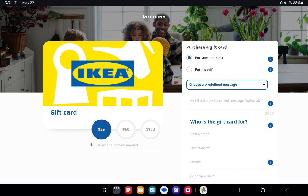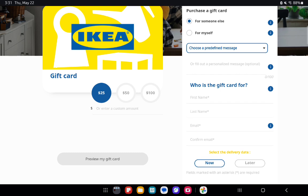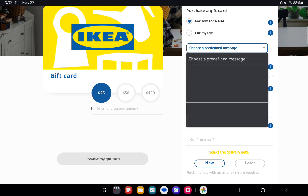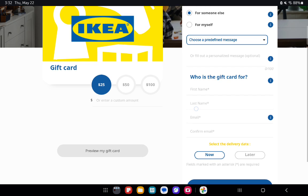or for yourself. You can just do that, and after that you can also choose a predefined message if you're selecting it for somebody else. You can just fill it out yourself as well. You don't need to necessarily choose it because, like you can see right now, I can't really choose anything for some reason. So in that case you can just write down that predefined message yourself, and after that you can